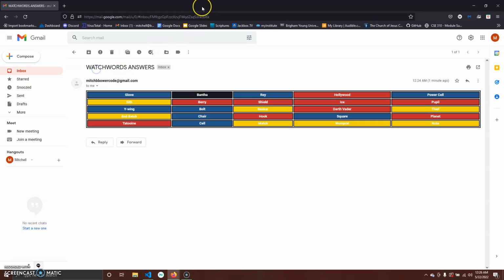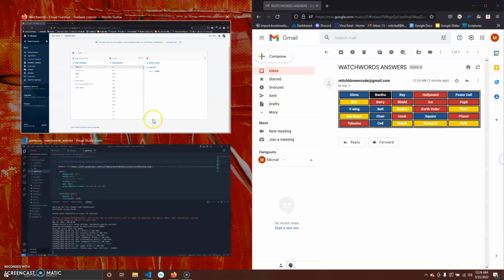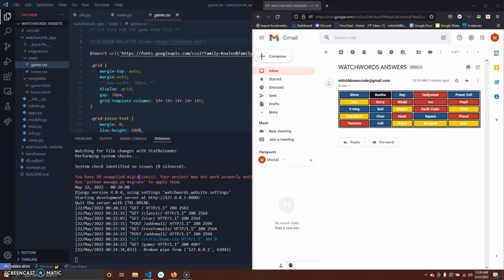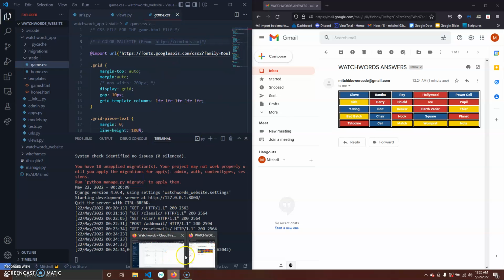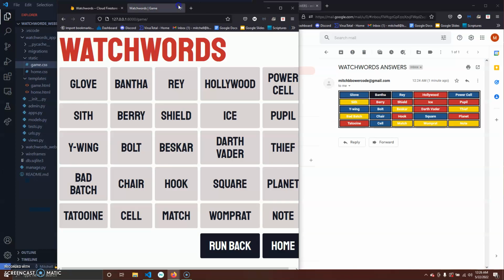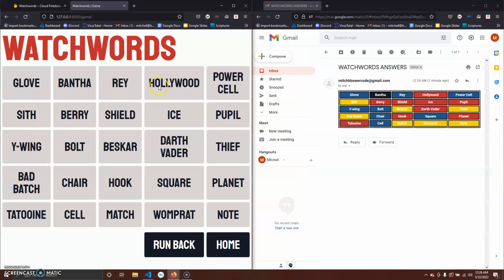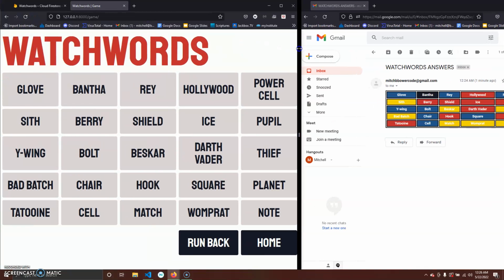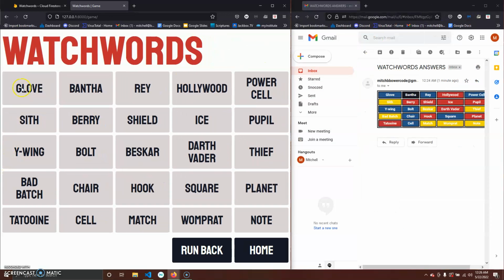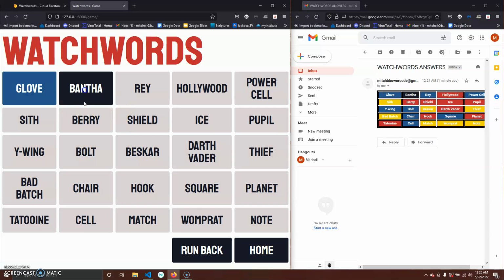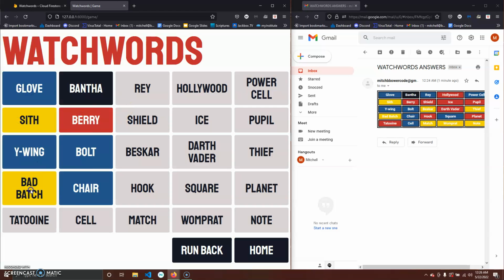If I open this up to the side here, you can see that it should match up. So I'll just click these, and as we click them,